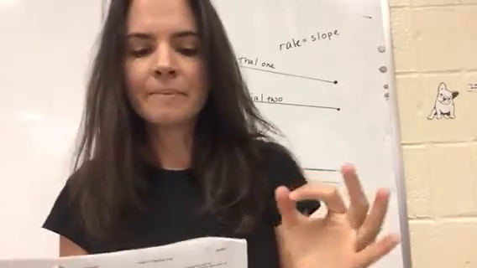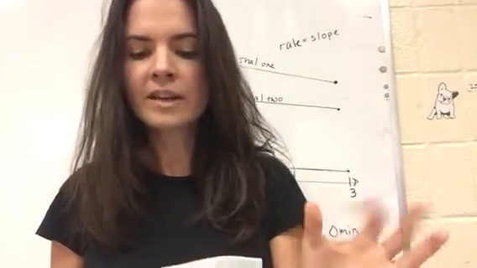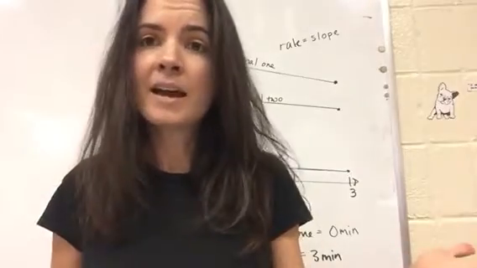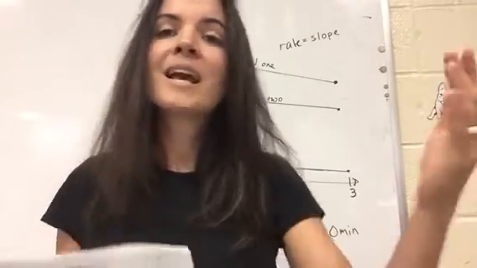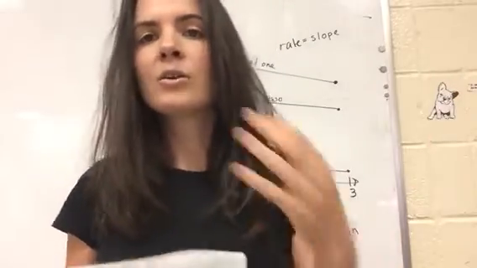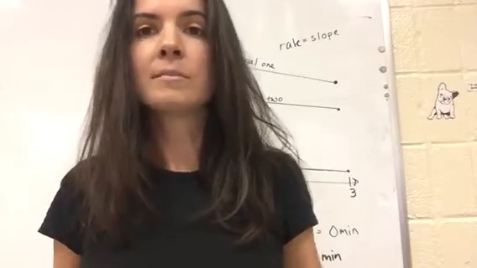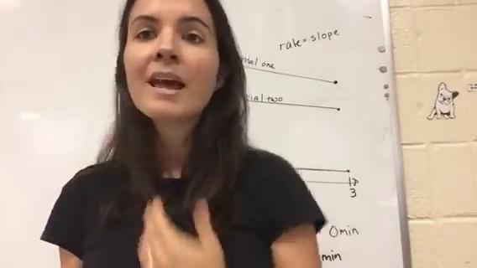Then my explanation. Therefore, the claim was wrong. Okay, the larger the initial mass, the faster the rate of sublimation. Okay, you could stop there, but you could also add some more by saying, I think this is because... Right? So I said, I think this is because there's more dry ice available to sublime. Okay, maybe you want to talk about the surface area or you have another thing. That's like your